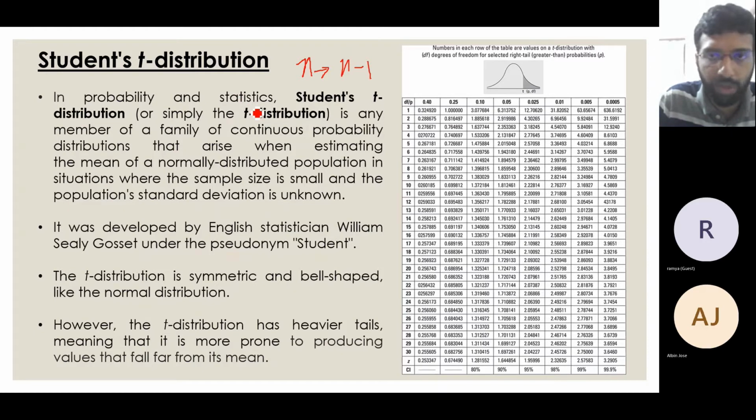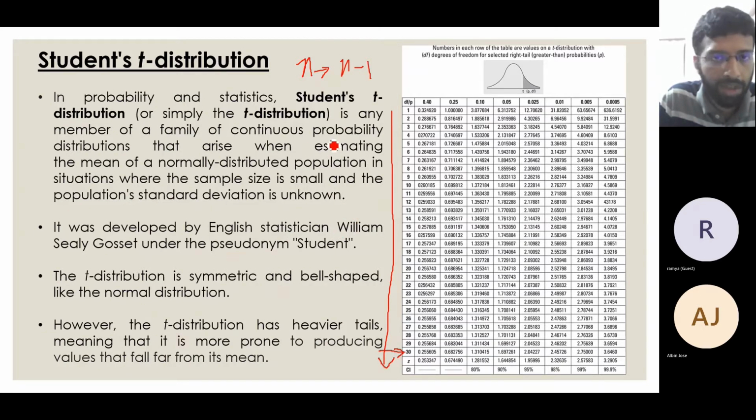Now, similar to what we saw earlier, this table lists values with degrees of freedom on this axis. It varies from 1, 2, 3, 4, 5, 6 up to infinity. As you can see, it is given only till 30 because for more than 30 we said we can use the normal distribution. And for infinity, the value given is the same as the normal distribution, because for more than 30 the t distribution is actually the same as the normal distribution.